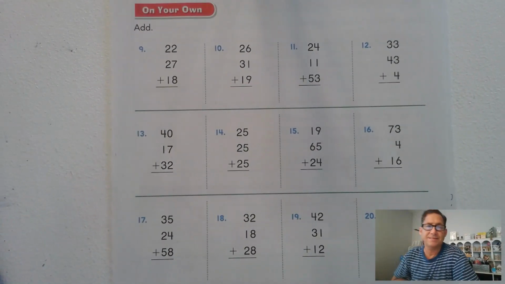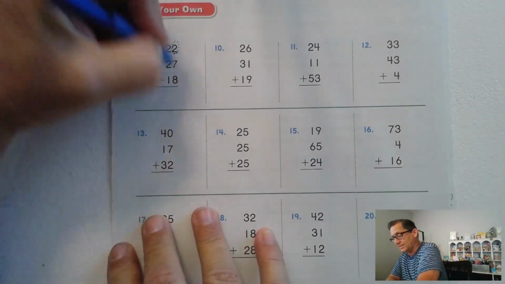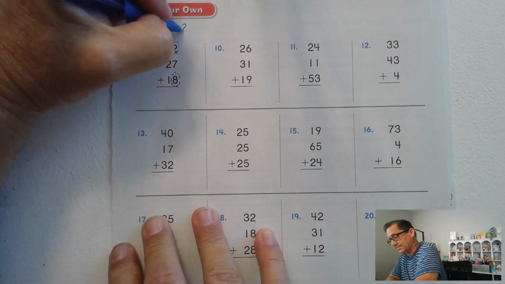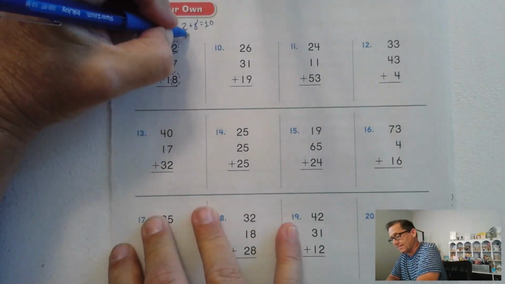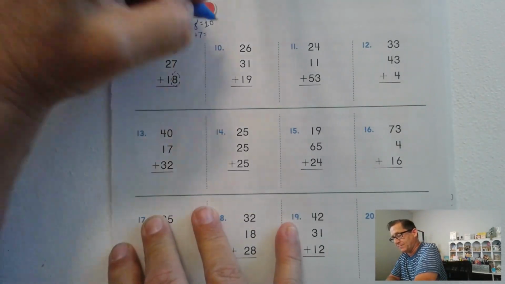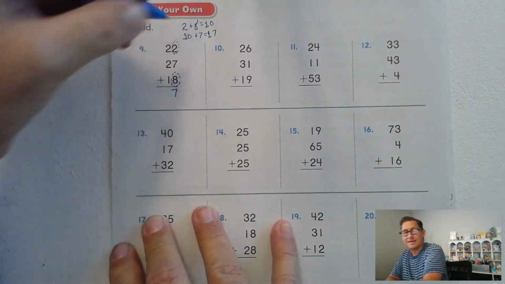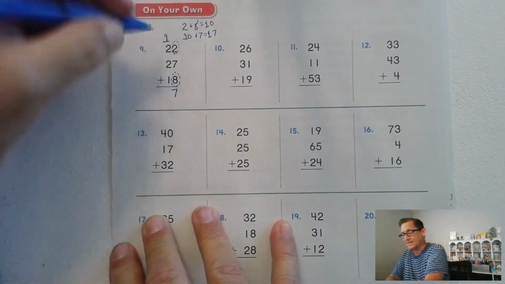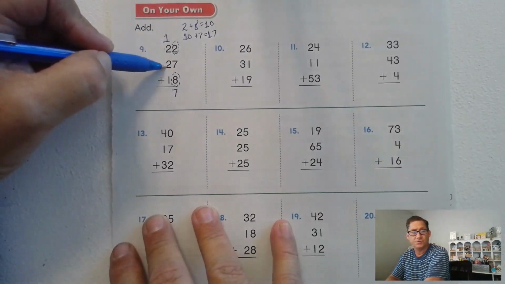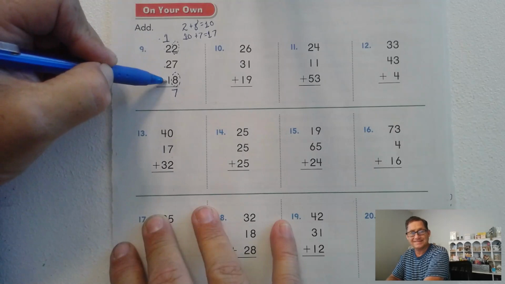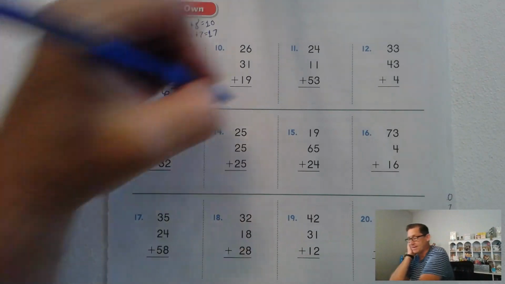22 plus 27 plus 18. Okay, I see that I can make a 10 by counting the 2 ones and the 8 ones. So 2 plus 8 gives me 10 ones, and 10 plus 7 is 17. Regroup that as 7 ones and 1 ten. So 1 ten and 7 ones in the number 17. Add the tens. 2 and 2 is 4, 5, 6 tens. So 67. Number 10, I see that I can make a 10